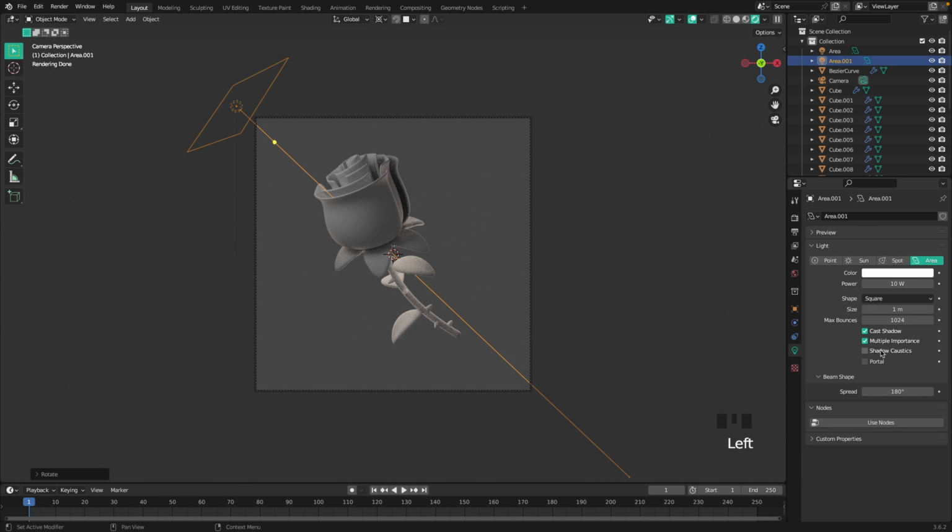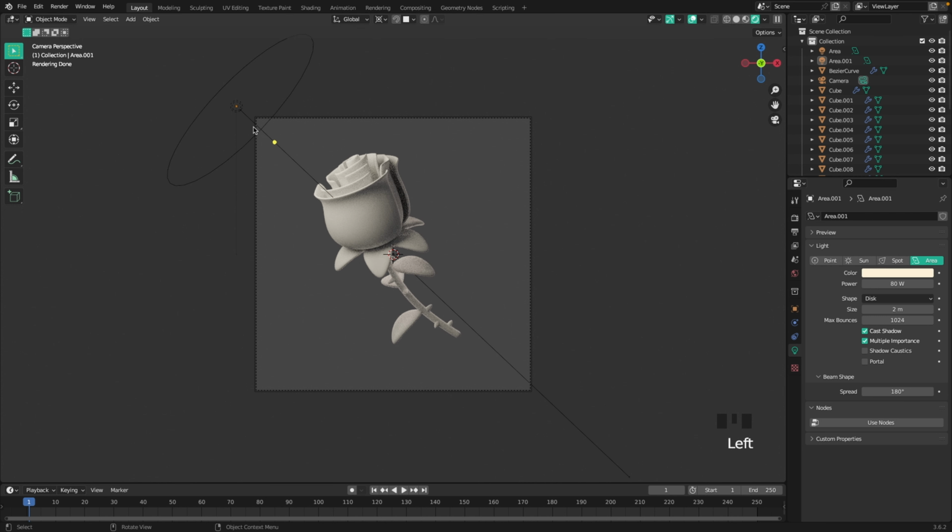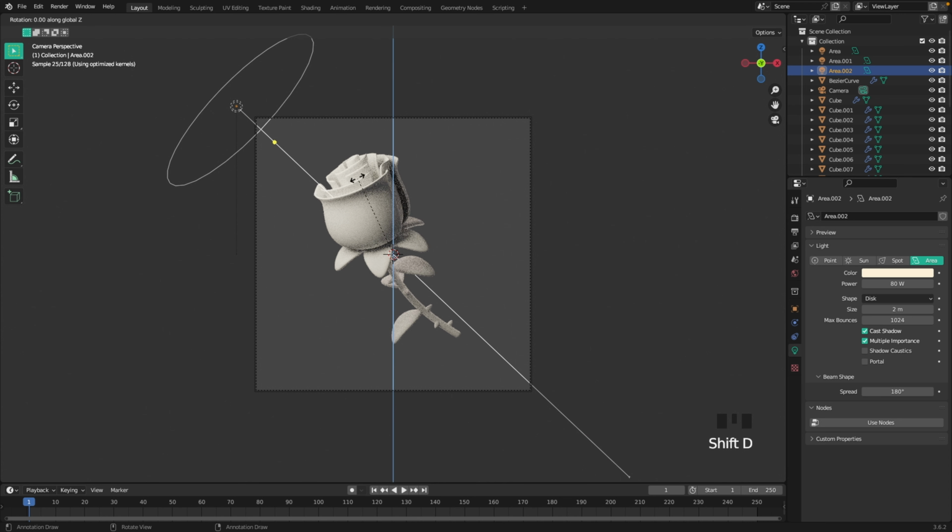Go to the light settings. We'll change the shape to disc. I can change the size to 2 maybe. Maybe the power to 80 to start off with, and then we'll change it to a softer color as well. It's going to be FF1D8. And then with this light selected, we can press Shift D to duplicate it and then press R Z 120